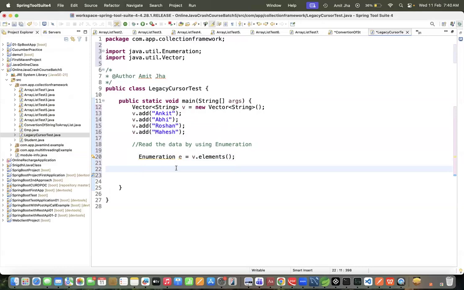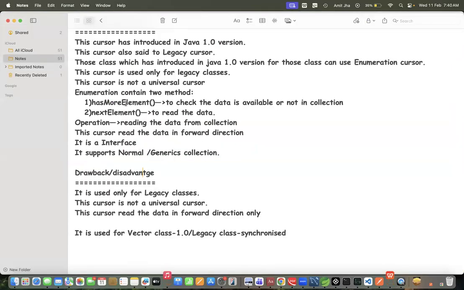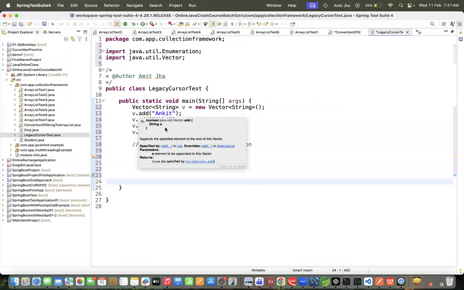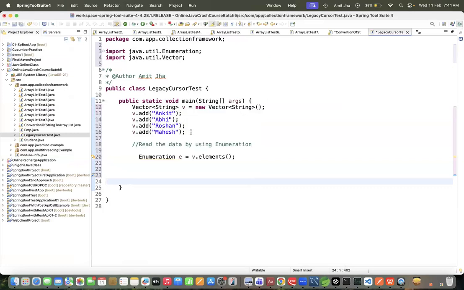Then after that, we have two methods in the Enumeration interface: hasMoreElements and nextElement. hasMoreElements checks whether data is available in the collection or not. As of now, we have four objects in our Vector collection.